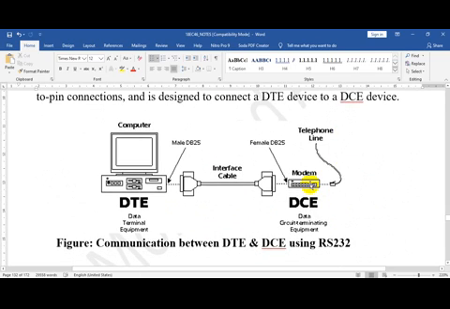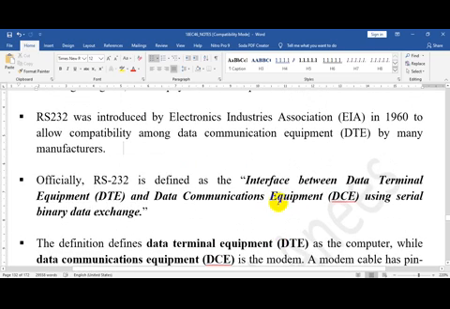Here it is a modem, but for us it is your 8051 which is communicating with your PC. So RS-232 is the interface between the data terminal equipment and the data communication equipment, for the exchange of serial data.